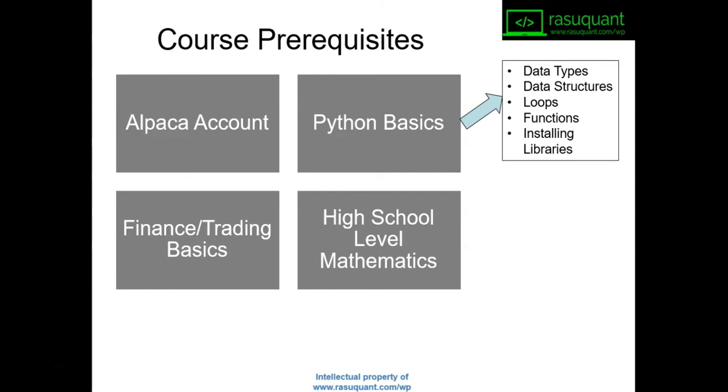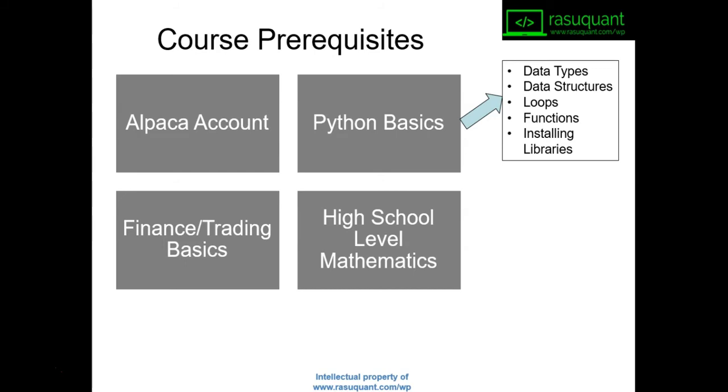When I say key Python concepts, I want you to be familiar with Python data types, for example, int, float, string, boolean, etc. Then you need to know Python data structures, for example, list, tuples, dictionary. We use Python dictionaries a lot, so it's very important that your fundamentals of these basic Python data structures are clear. Then I want you to be comfortable implementing loops and functions in Python,